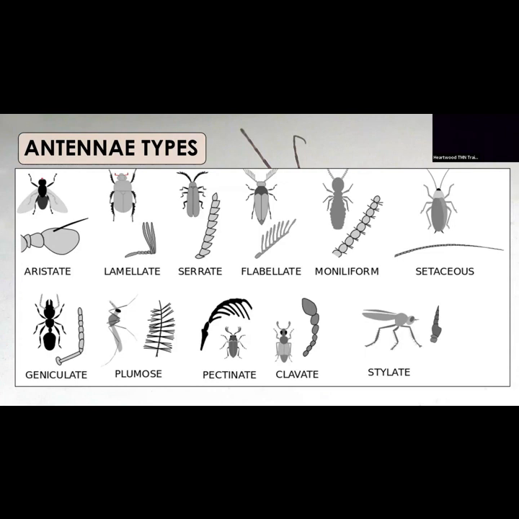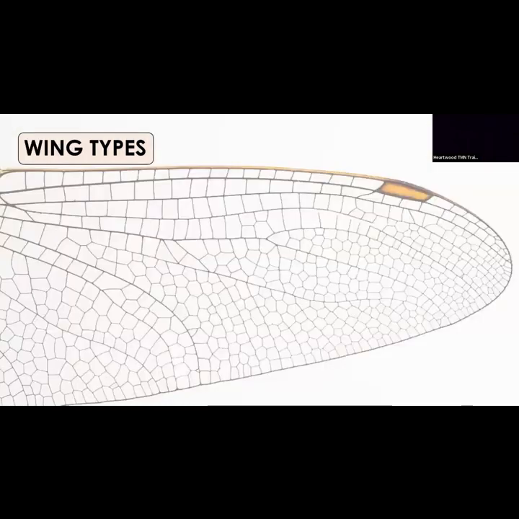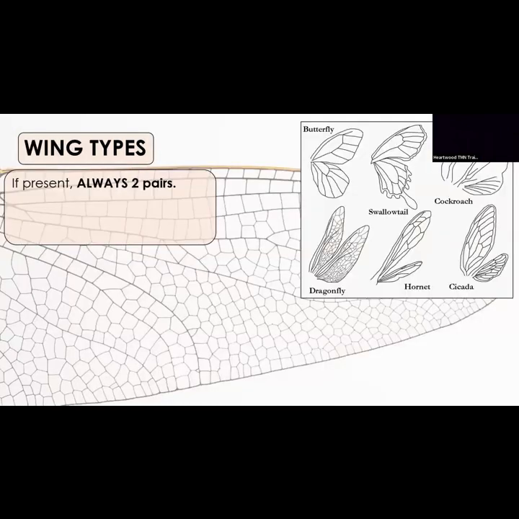There's going to be some families that just absolutely do not have clubbed antenna. So if you have something that has clubbed antenna and it kind of looks like, but that family never has clubbed antenna, find another family or not, right? So antenna help classify insects. Wing types classify insects. Oh, I'm getting excited.